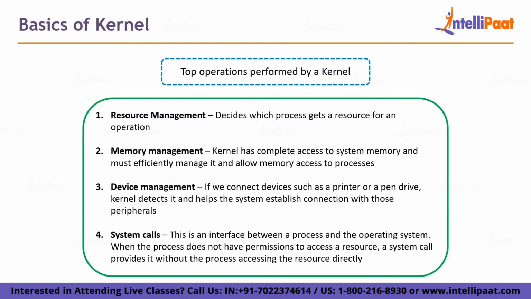So let's say you are running multiple processes parallelly. Say in that multiple processes, two processes need the same resource for an operation. So right now the kernel will decide which operation should use that resource first, or which should use it second, because it should not end up in a deadlock situation. So to avoid that, the kernel performs an operation which basically chooses which exactly needs the resource right now, or it may delay the process of execution.